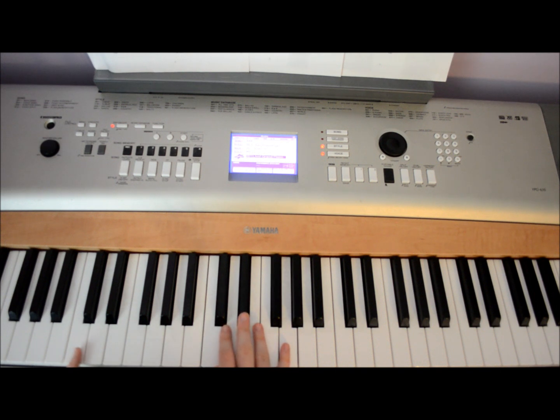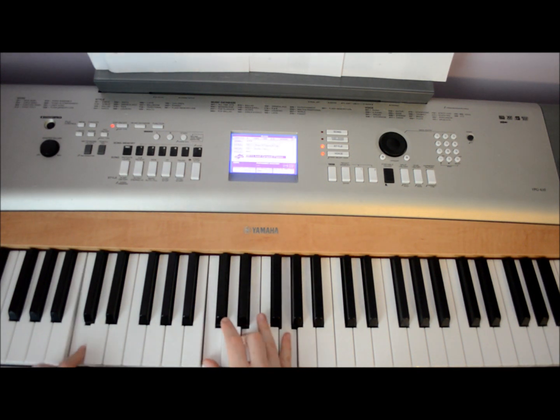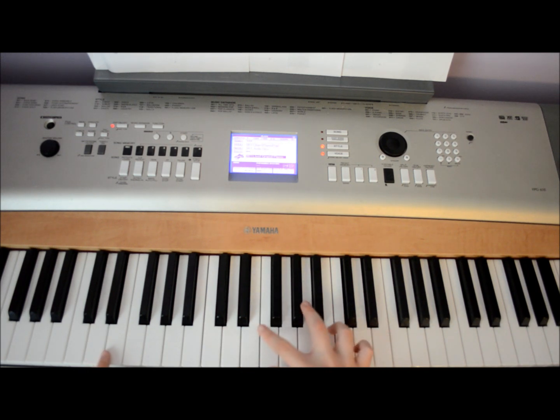A simple way to remember the lowered third is that if we played a chord with no black key, we're going to add a black key, or if there was a black key, it's going to be no black key. You see? So we go from C to C minor, and D to D minor, E, E minor, F, just move it up, and lower the third, G, lower the third, A major, lower the third, and then we get to B, and B is always a bit different because there are two,